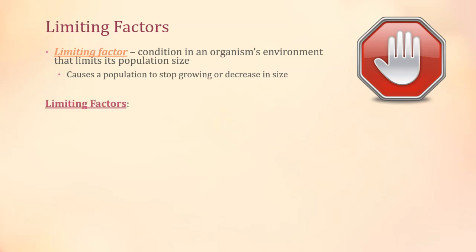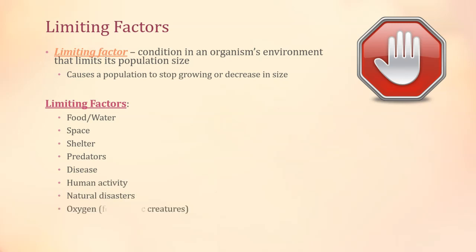There are many general examples of limiting factors, such as amount of food and water, amount of space, amount of shelter, predators, disease, human activity, natural disasters, amount of oxygen, which is especially important for organisms who live in water,